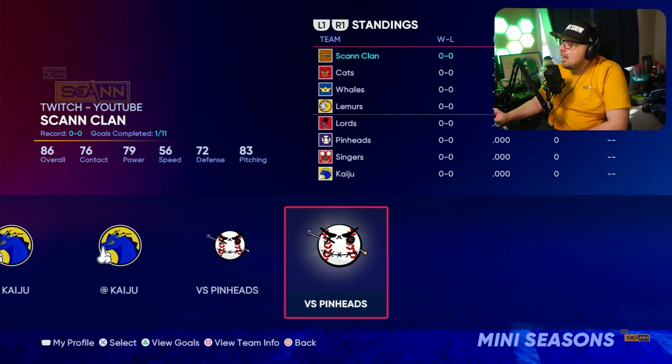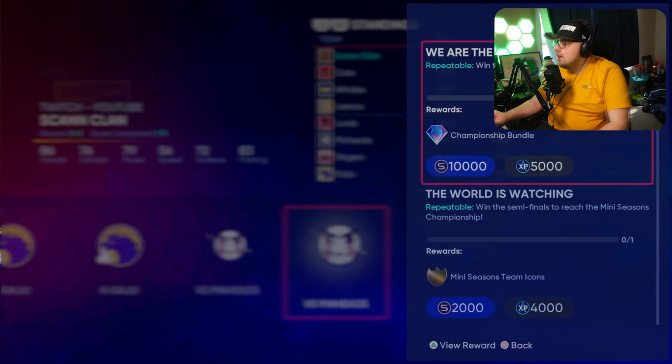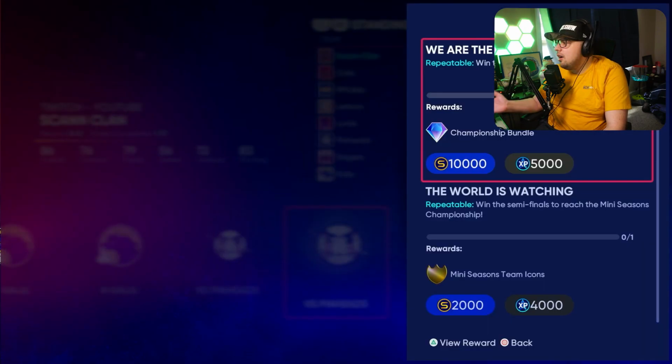season. Then depending on how you do, if you make the playoffs and make the top 4, then there are 2 best of 5 series, and then if you win, you get a championship, and you get this little championship bundle with 10k stubs, 5k XP, and I think it's X amount of packs in the pack bundle. Yeah, 15 Show packs. So pretty solid to grind this over and over again for those packs,